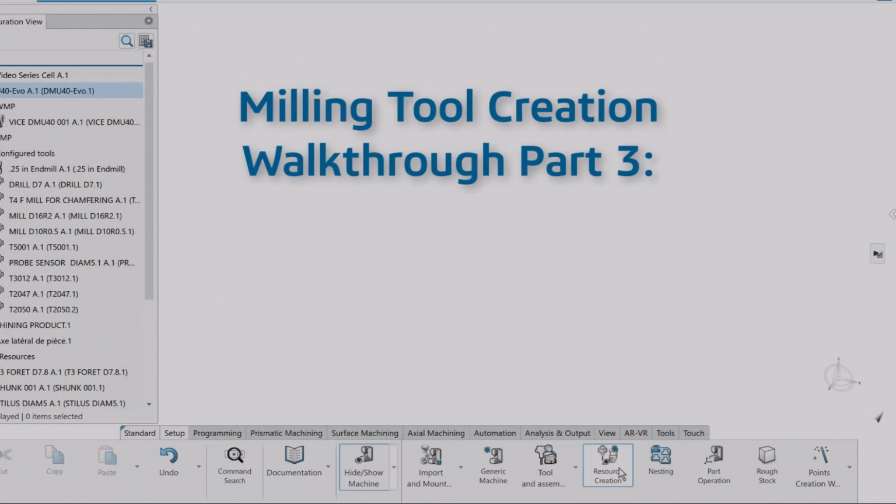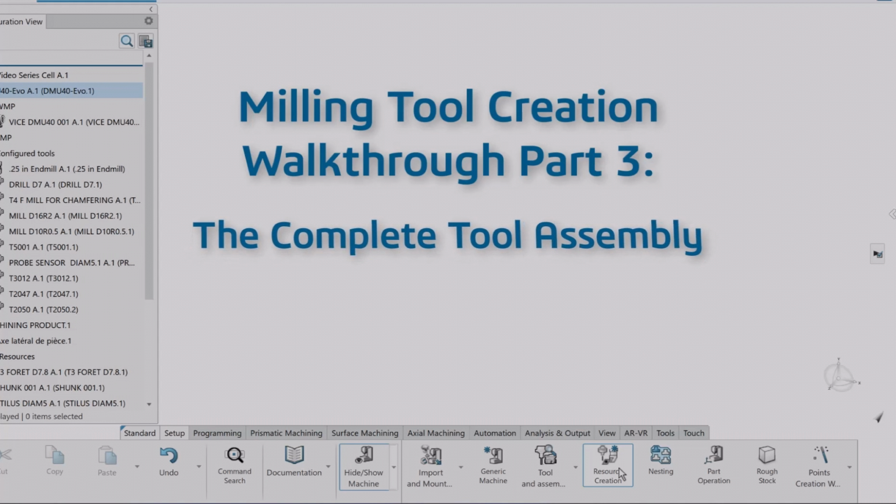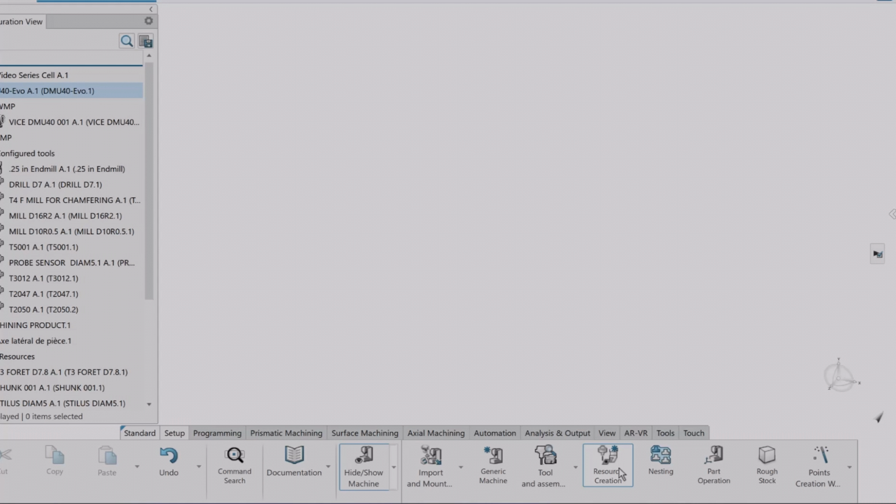Now, if you followed along with us up to this point, we are going to take all that we've learned and build what is considered to be an essential object used in the 3D Experience machining application, the complete tool assembly. But before we go through the walkthrough, we should discuss assemblies, since you might already be asking,